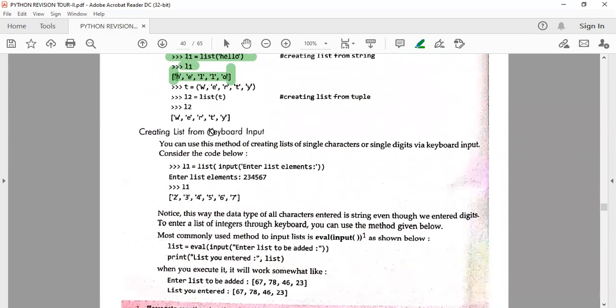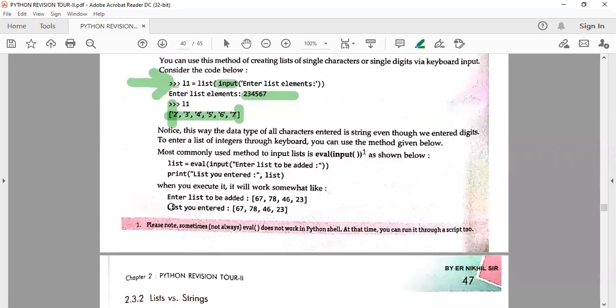Now, when you want to create a list from input, from any input device. What do we mean by input device? When we feed data into the computer, in this language it means we are taking the value from the user. The user feeds the data into the computer as the list elements. Just see here, list input, enter the list elements. We are getting the input here. Whatever elements are there are separated with commas and put into these square brackets. So this is from input.